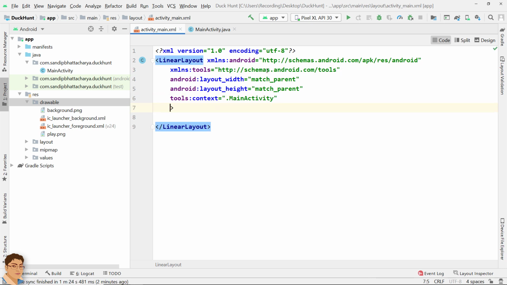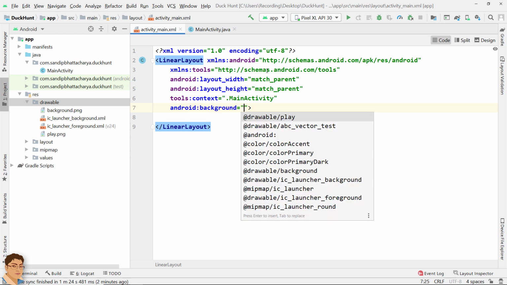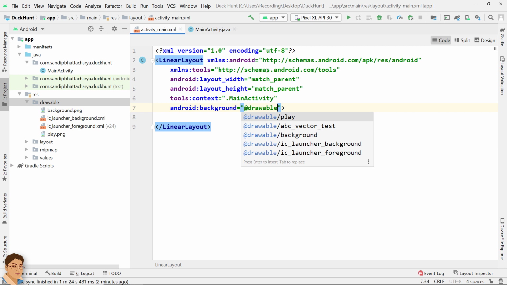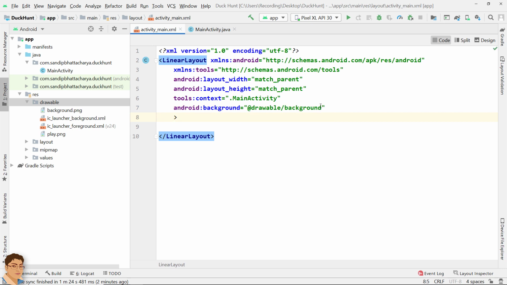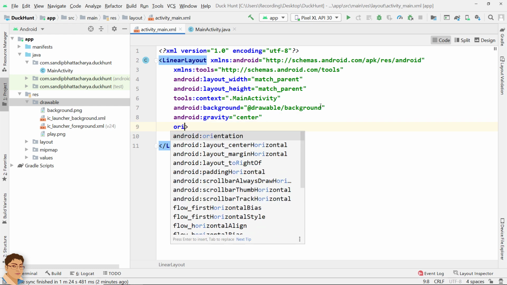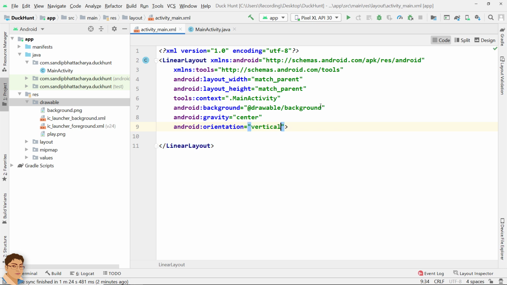Change the background to android:background at /background. Change gravity and orientation. android:gravity center and orientation vertical.